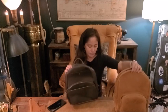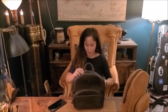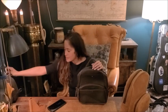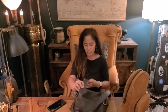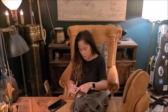Let me show you up against the sling back. And let's do this together. So this one has different handles because it has her signature top grab handle. The sling back does not have a top grab handle, and people really like that, so it's on a lot of her bags. So I wanted to point out that this one does have it. The straps are not removable. They do have this really nice padded section here, and it's buckle, meaning that there's going to be a tail for people that,